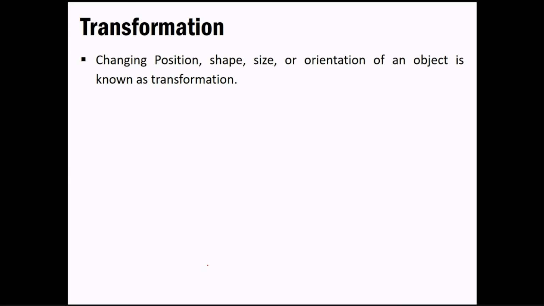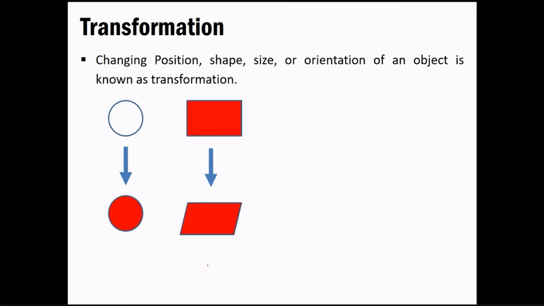As you already know, this is a very simple thing that changes the position, shape, size, or orientation of an object. But obviously, if I say you need to rotate an object, then you just need to rotate it in a clockwise or anti-clockwise direction, and put it in the required position. So these are the basic things that you can perform on objects. Okay, the very first thing is changing the position of an object. A similar thing is to slant it a bit, or you can say shear it, in technical terms. So that is the thing that you can perform on an object.